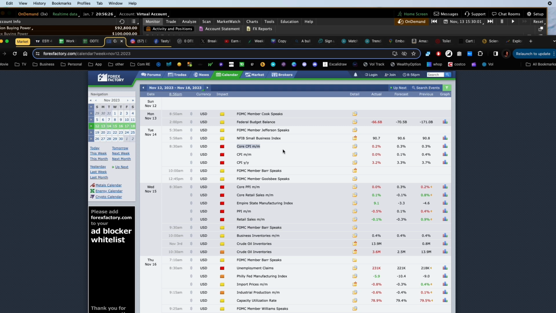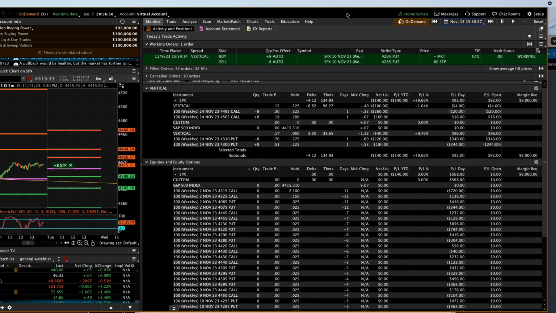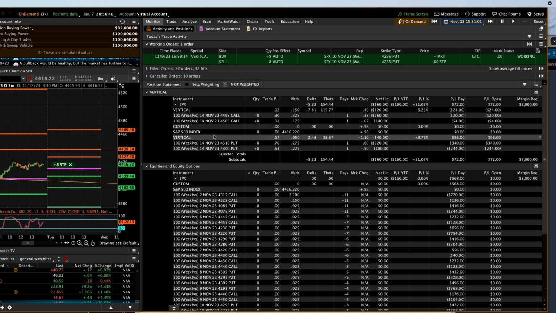There's no way I would have a trade on overnight here. Something like this, especially with CPI being so heavily in the news, and are we going to get rate cuts and all that kind of stuff at the time. So we do have a trade on. It's going to get blown out, so let me make sure that we have our stop loss on and see what we get for the stop loss.